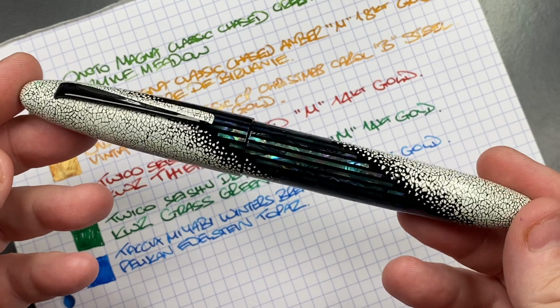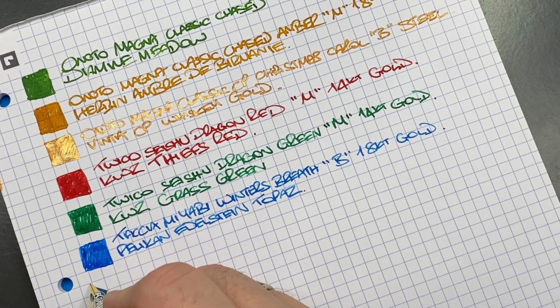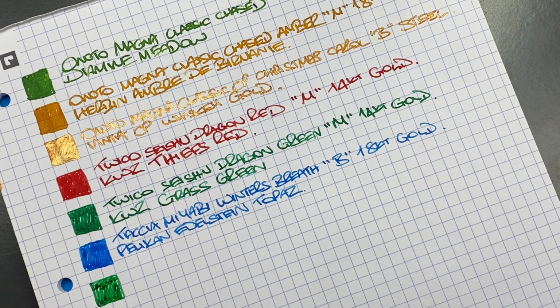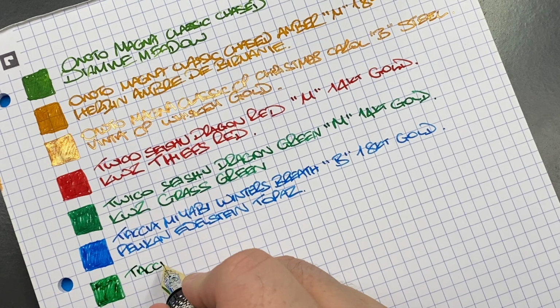The next pen inked up is the Taccia Miyabi Empress Winter's Breath. Now, this one I purchased second hand, so I didn't have the choice of nibs on this. So this one did come with a medium nib. However, I'm used to Sailor King of Pen medium nibs, so I didn't mind it so much. And I decided that after getting a broad for the original Winter's Breath, I might just like the medium a little bit more. So this is the Taccia